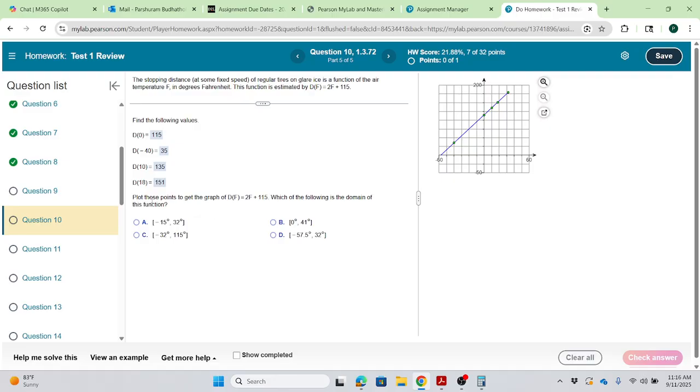So now plot these points to get the graph of this linear equation. Which of the following is the domain of the function? So for the domain of the function, as you can see here, you have to choose from the graph. The domain of the function, as you can see, is negative 57.5,